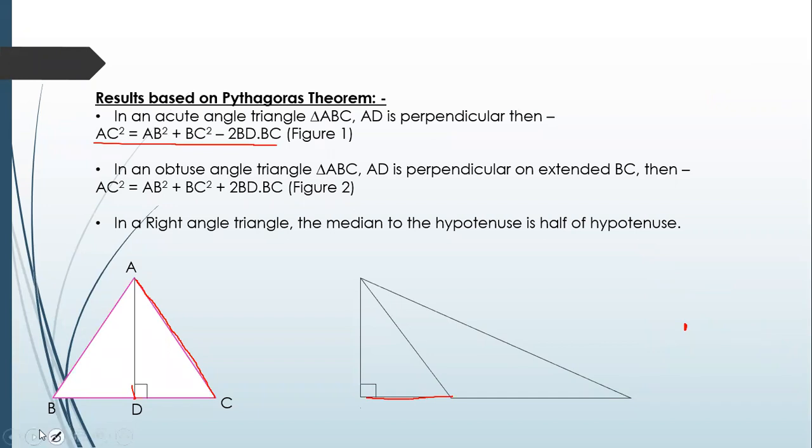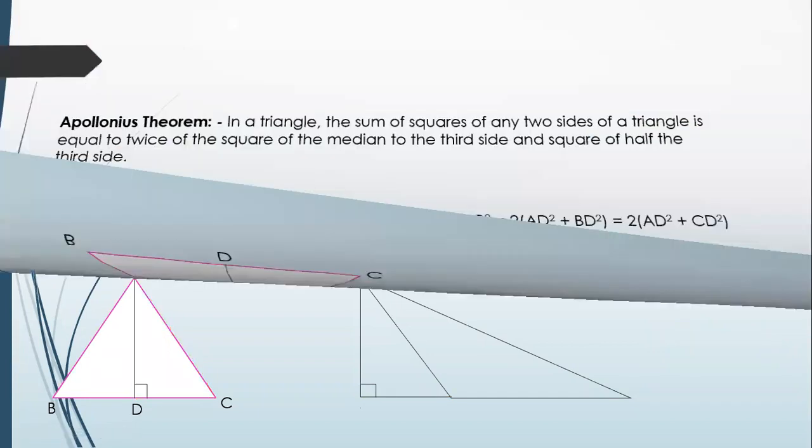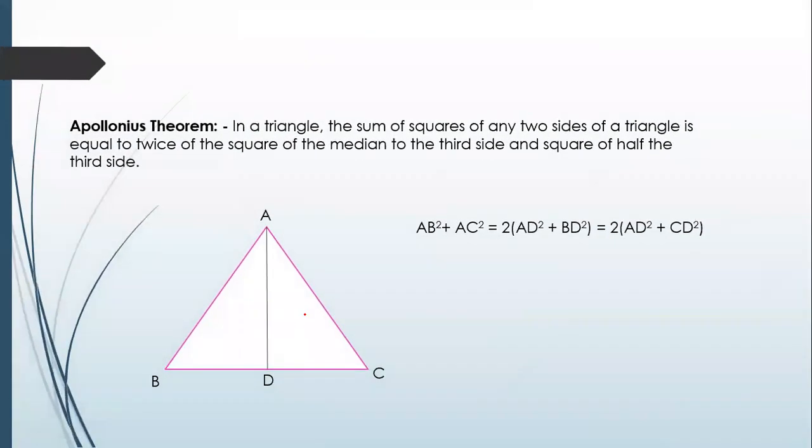Okay. Now Apollonius theorem we will study. Let us see. Apollonius theorem is a very simple theorem. What does it tell? The same thing basically. Suppose there is a triangle ABC and we draw a median. See, ABC and the median AD. Then in this triangle we can tell that AB square plus AC square equal to 2 times AD square plus